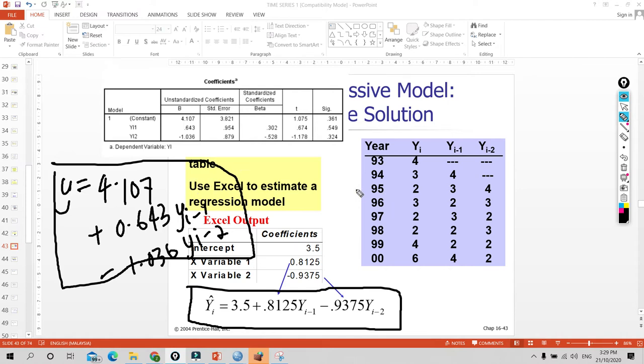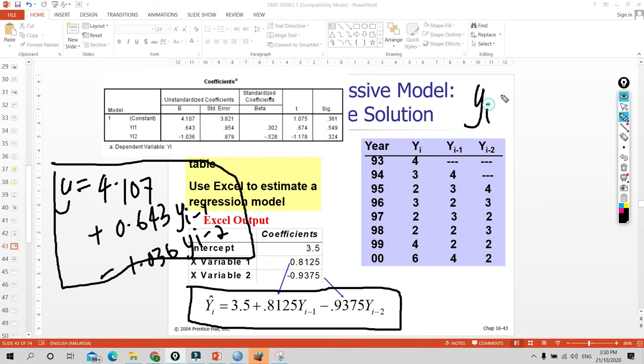Now this is what we call the second order autoregression model. Now let's say I want to find the first order autoregression. So for the first order, the equation is